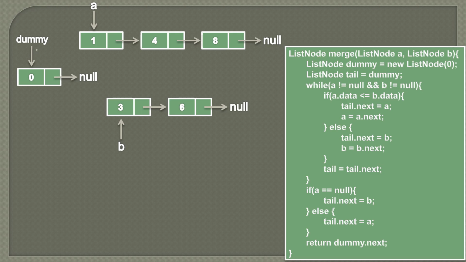So here let's say we are not using this dummy list node. So here we are not using this line. Instead of this dummy list node, we have to create one head which we can return from this method. So we have to do something like this, instead of this. And this tail, instead of dummy, it should point to head. And instead of dummy.next, we should return head. Because this list node head will be holding the merged sorted singly linked list.